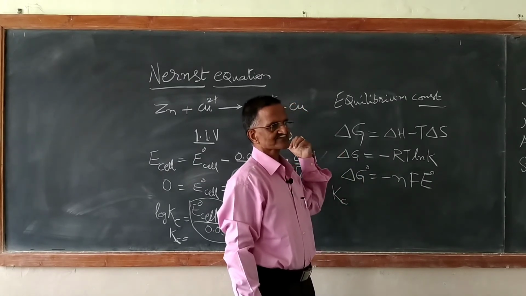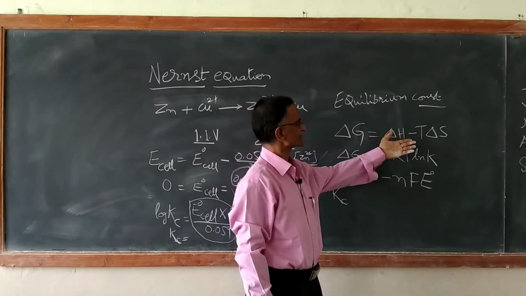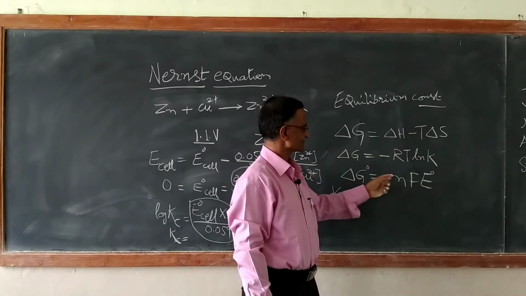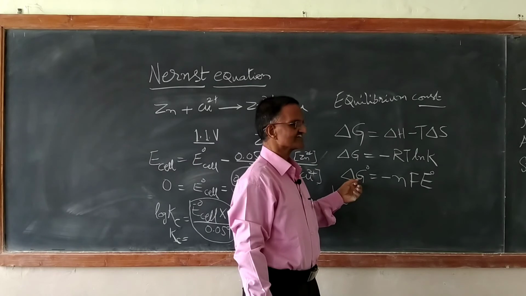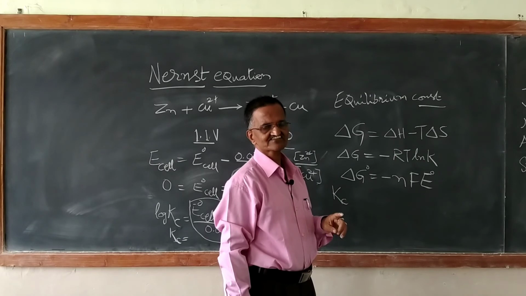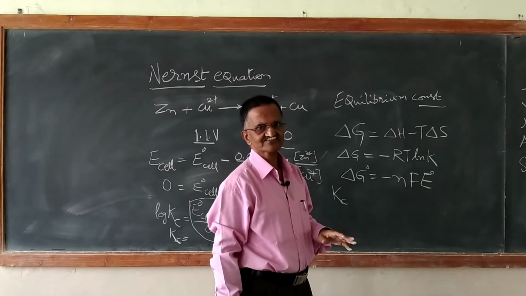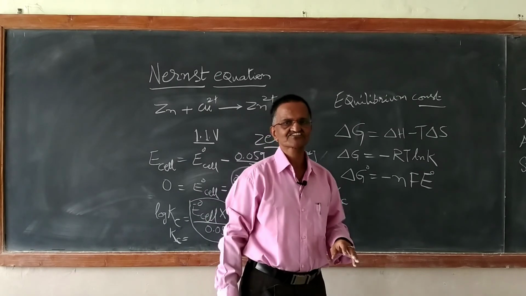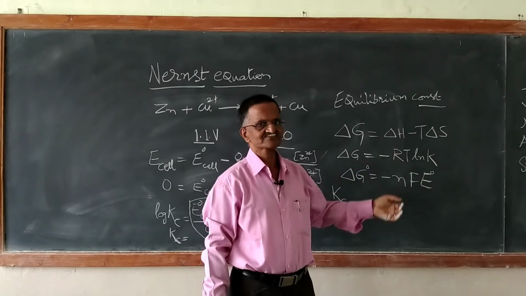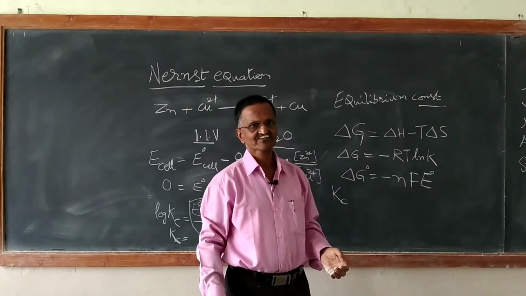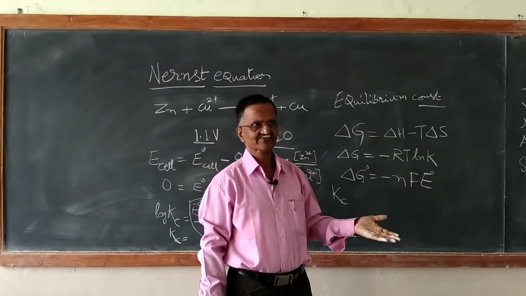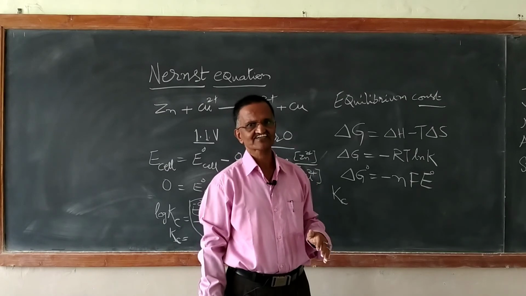So if you know the EMF of the cell, you can calculate the equilibrium constant. Once you know the equilibrium constant, you can calculate delta G. Once you know the EMF of the cell, you can directly calculate delta G. So these are the things you have to keep in mind and then solve the problem. Don't think that with the Nernst equation you will always be asked only to find the EMF of the cell. No. These are the other ways that questions will come. How to solve them? We should know the relations and how they can be interpreted to calculate others.